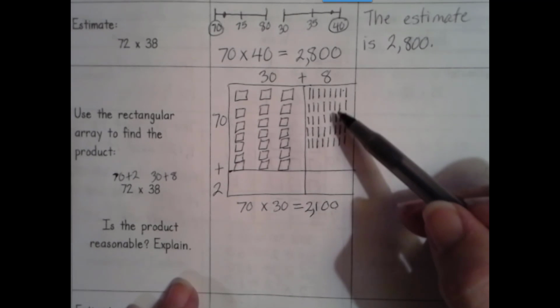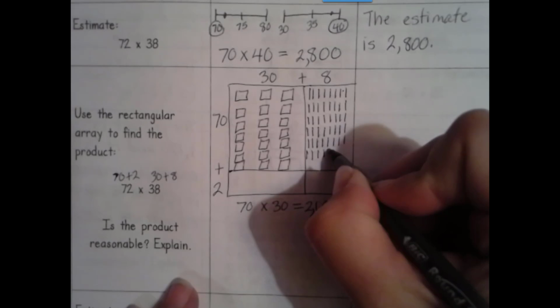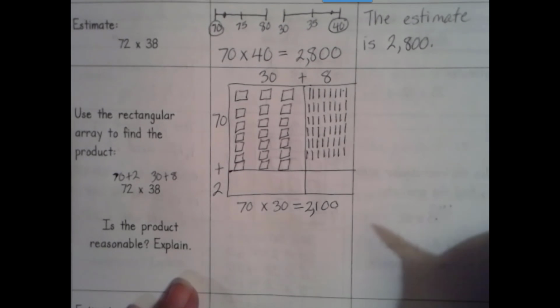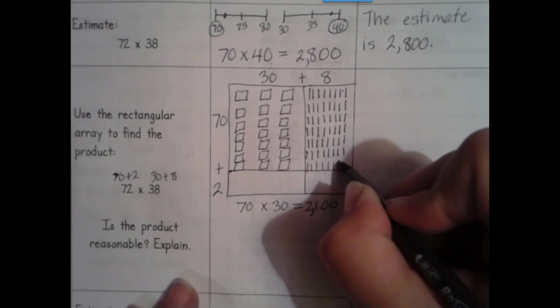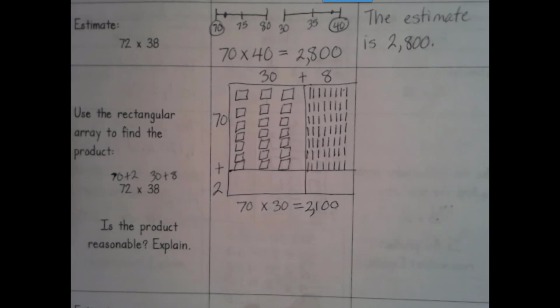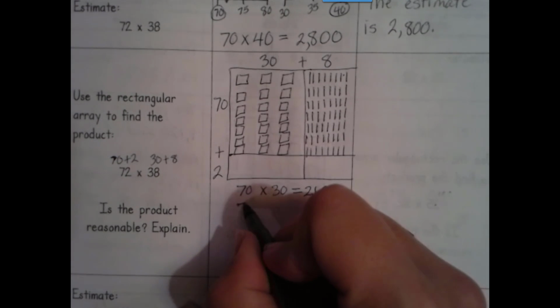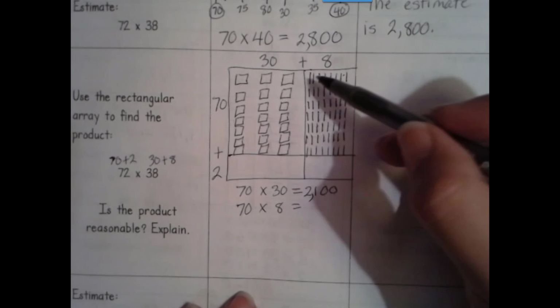So far I have 1, 2, 3, 4, 5 groups. 6 groups. 7 groups. That's a lot of 10s. So 70 times 8 is